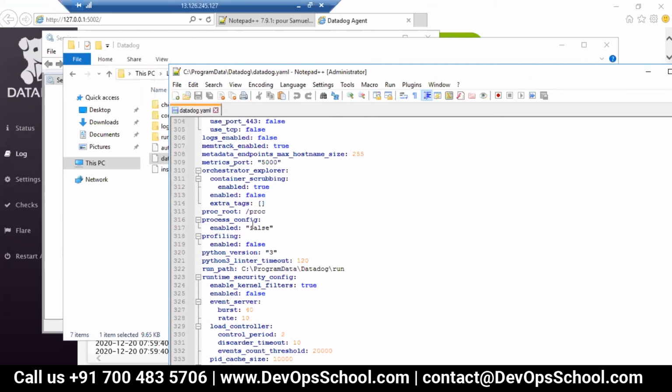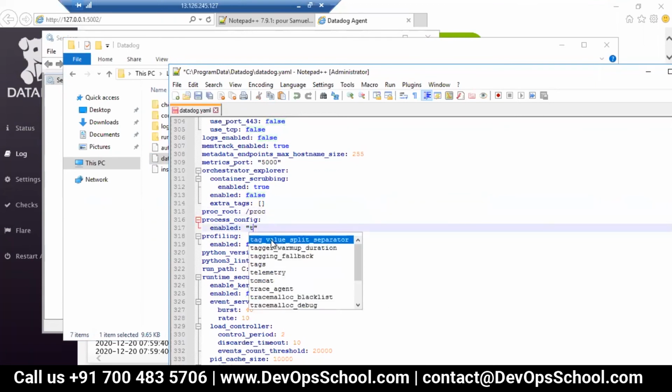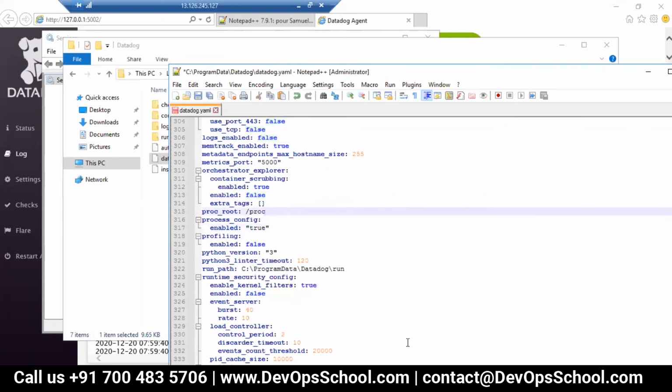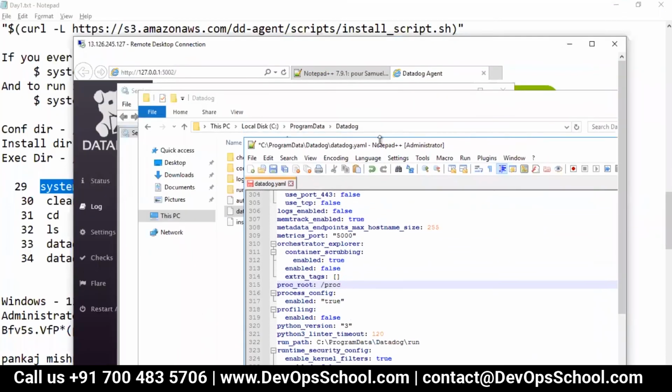Here it is, process config enabled false. So I'll make it true. Enabled true. So for this also I'll take a screenshot so you will not get lost.